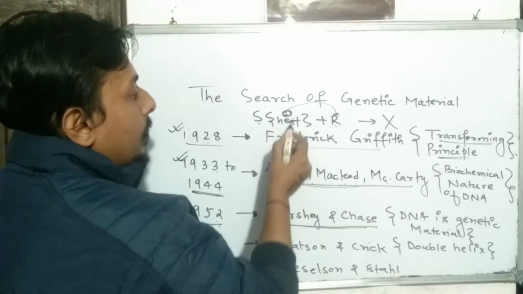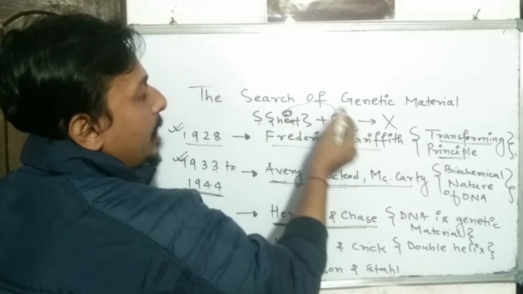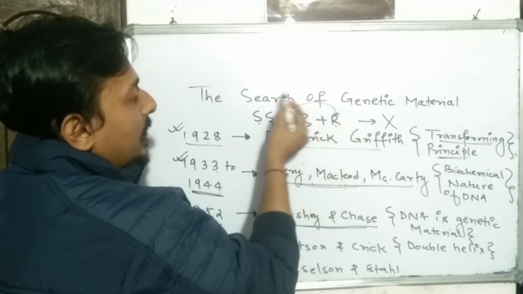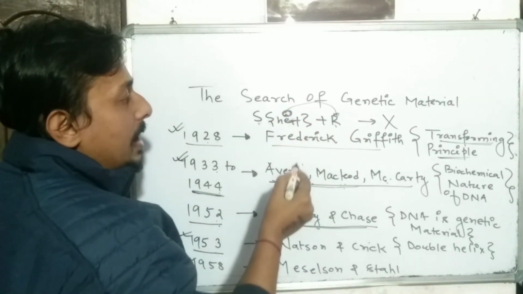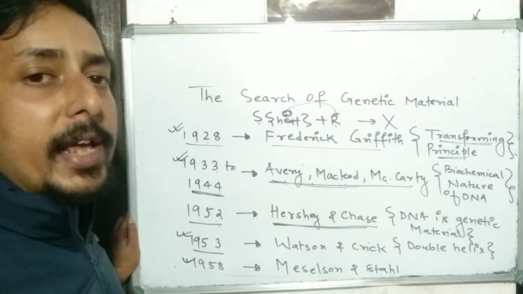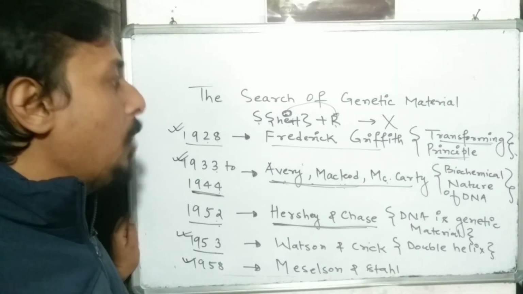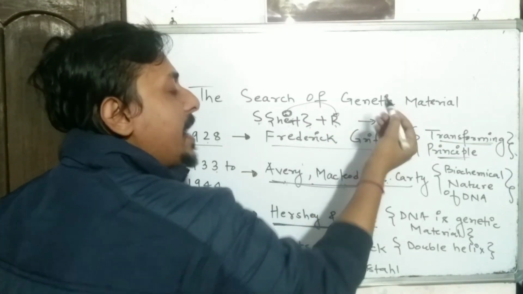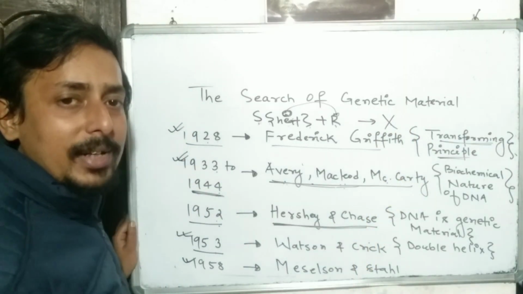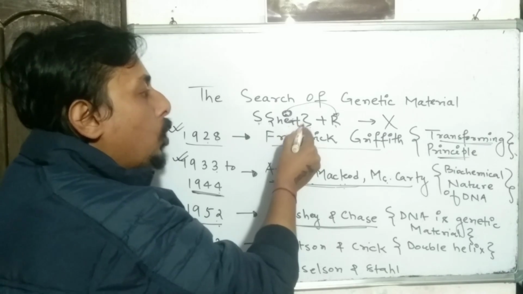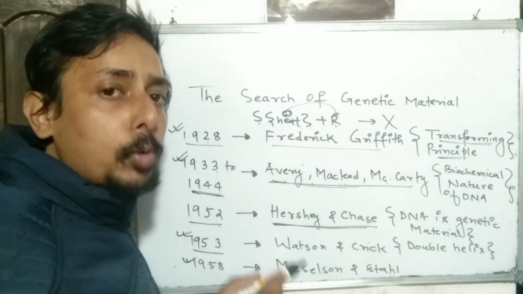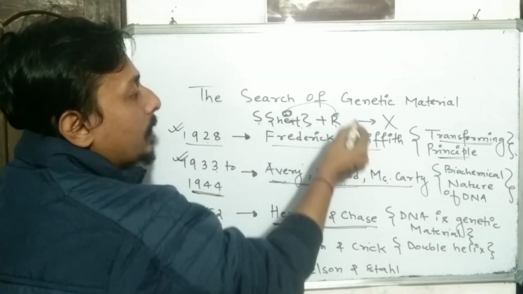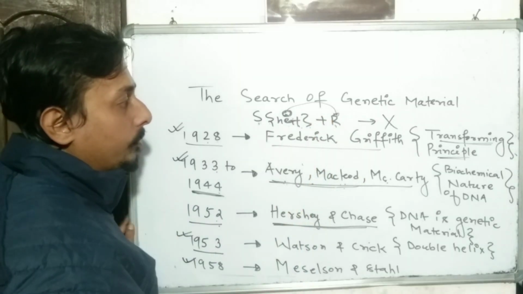What they did, you know that this is the experiment where the R bacteria was transformed. They took all this material and they used an enzyme called protease. Now when the protease was used in this experiment, the mice died as it was dying before. What is protease? Protease is a protein digesting enzyme. So when you use protease in it, you basically digest all the proteins over here.